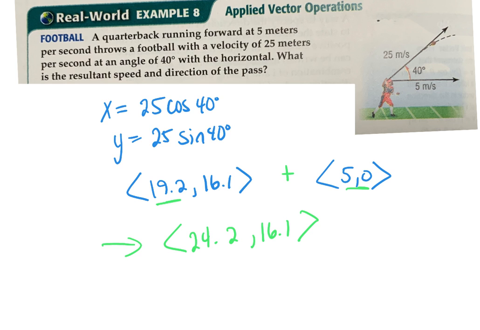And now I can take my tangent to see the direction of that ball, my inverse tangent. And I would get 33.6 degrees, by the way, if I took that inverse tangent right there. So when you have